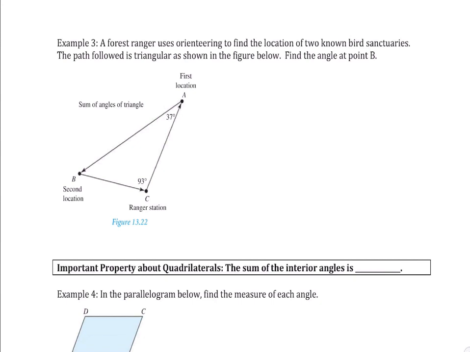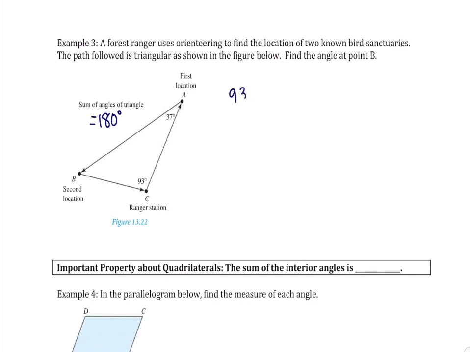Knowing that the sum of the angles of any triangle will always equal 180 degrees can help us solve a problem like this one in example 3. We have formed a triangle with the ranger station, the first location of the bird sanctuary, and the second location of the bird sanctuaries. We know 2 of the angles in this triangle, and we can find the third by